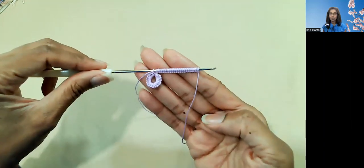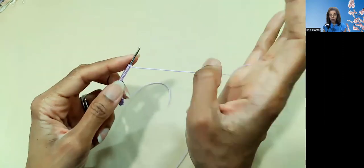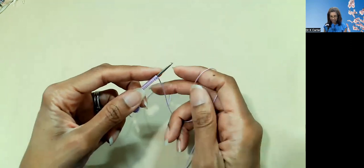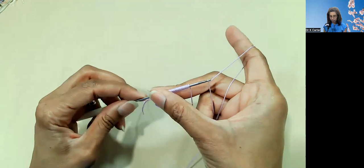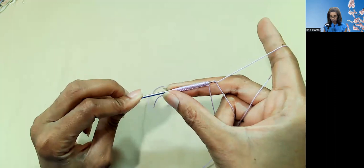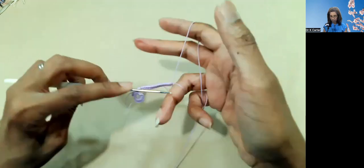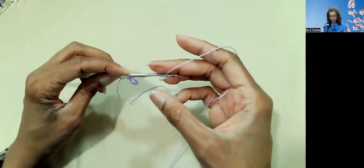Okay, so we have our 20 double stitches. Now let's go ahead and wrap around our finger, and give ourselves some space. Yarn over. Pull through. Pick up the loop off of our finger, remove our finger,